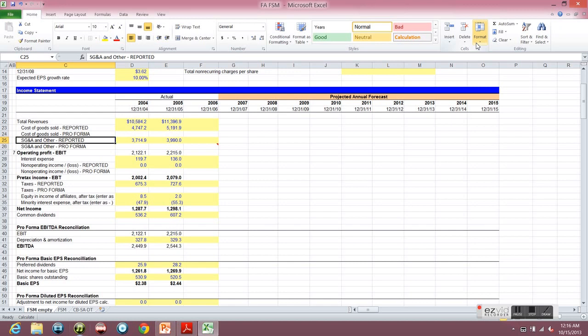In certain models, you'll see that SG&A and other are lumped up for certain reasons, probably for simplicity's sake. But in the income statement, as we're going to see, usually these items are separated. I don't know why, but they are. So we're going to take SG&A and other, and add them together. So sure, SG&A kind of deals with salaries, maybe deals with a lot of